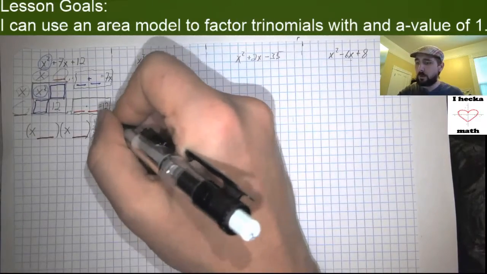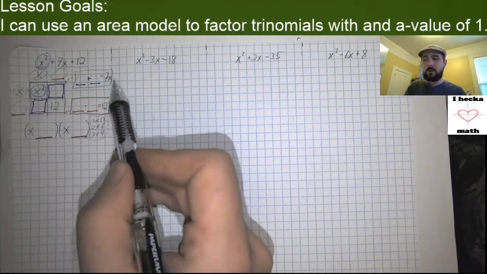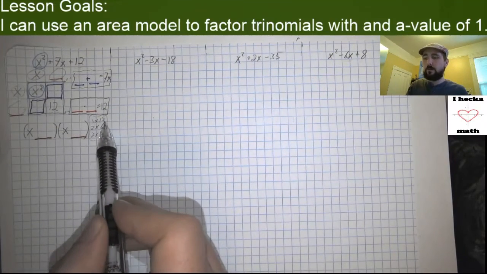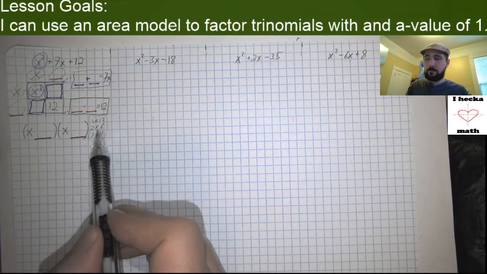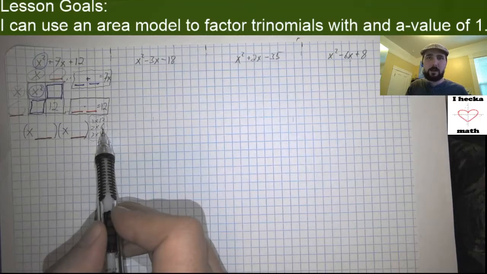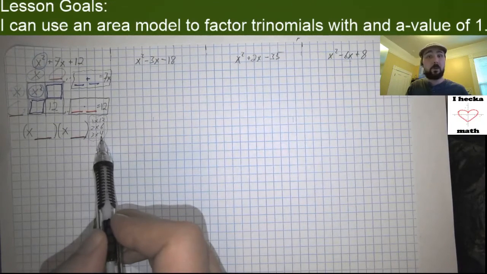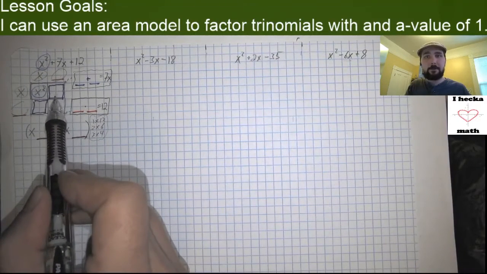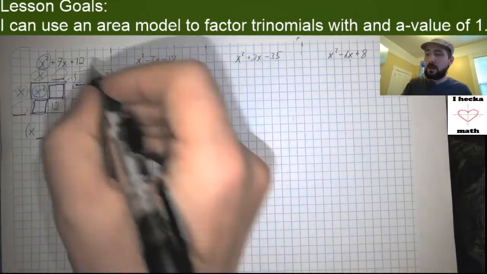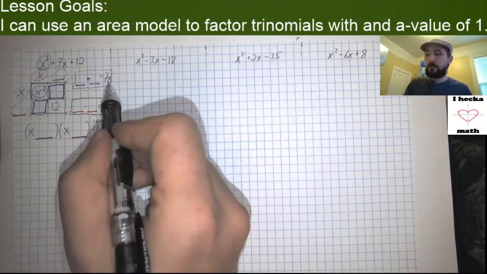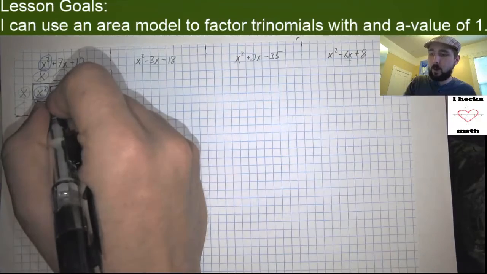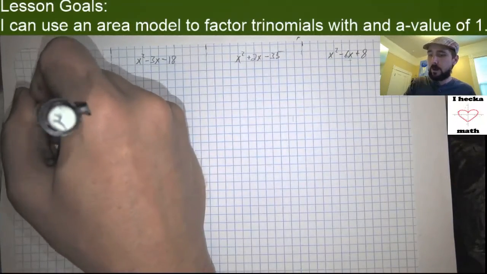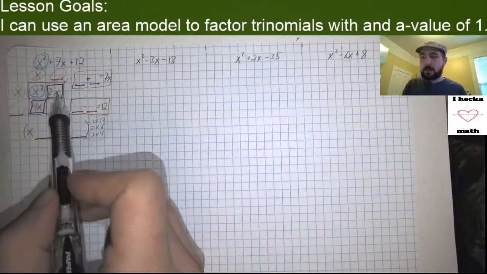And so we have to think, well, okay, are there different versions of this that also somehow connect to adding to 7? Well, 1 plus 12 is 13, 2 plus 6 is 12, but 3 plus 4 is in fact 7. So maybe the things that go in these boxes have to do with 3 and 4, and they do. But it's not 3 and 4, it's 3x and 4x. Just to be clear, the x